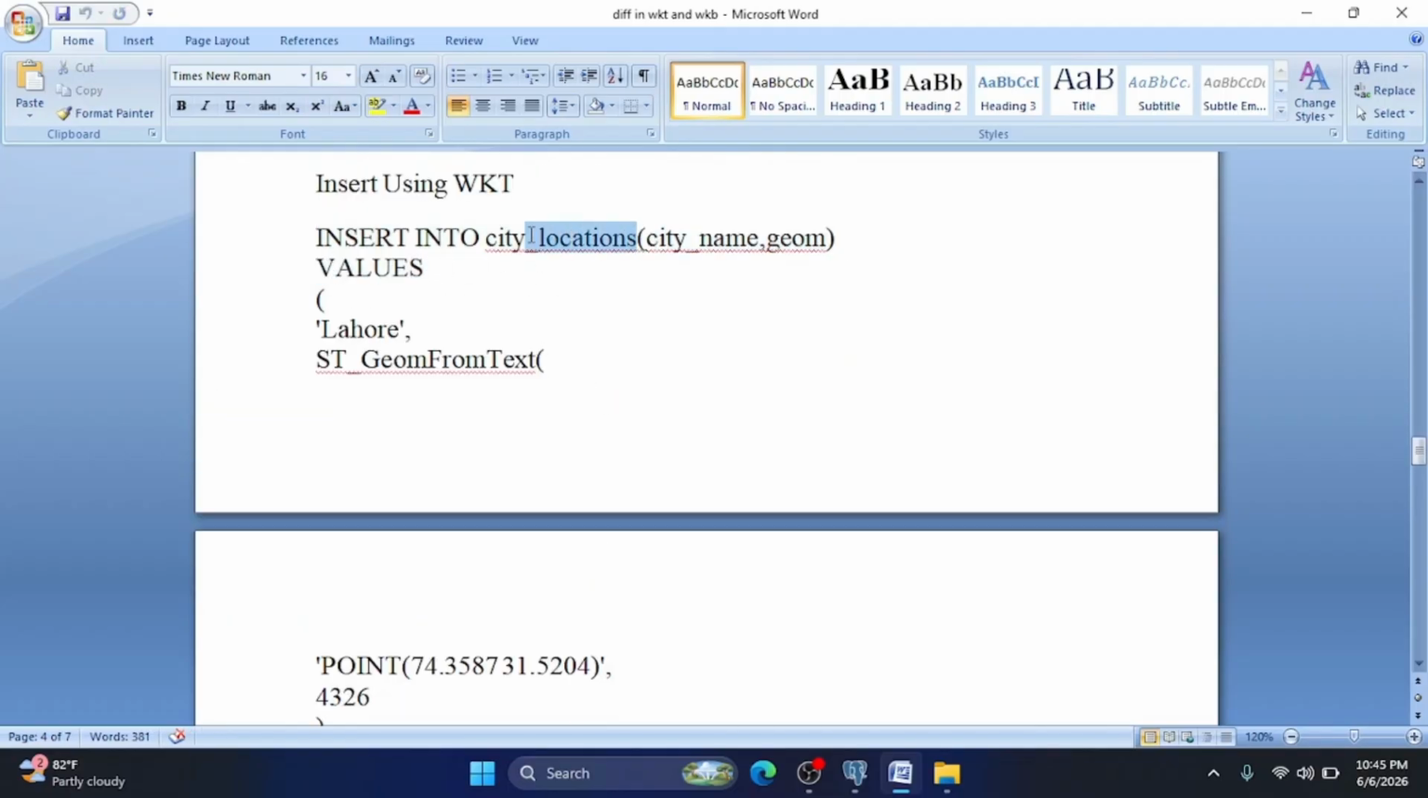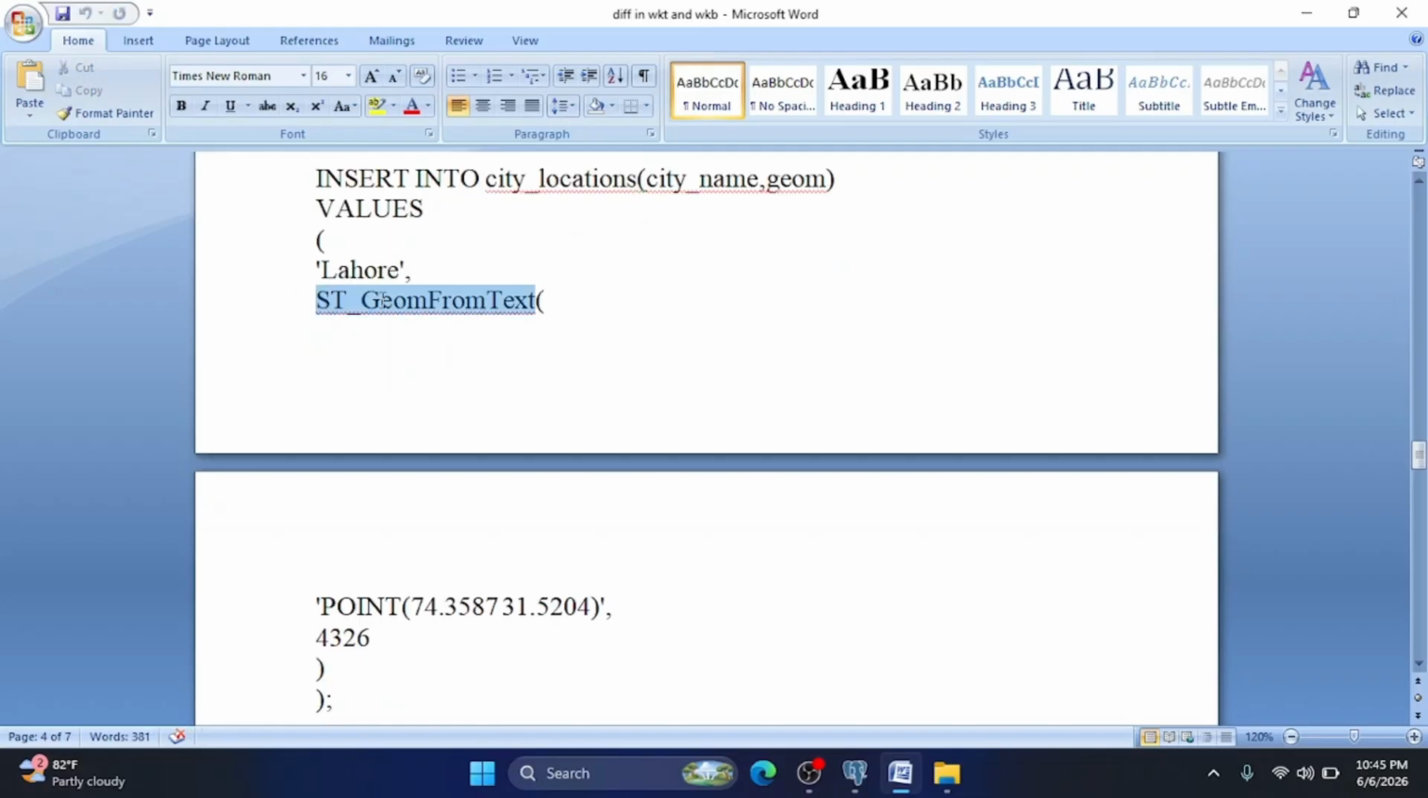Insert into city locations, meaning the name of the table, then the city name column and the geom column, and the values we are storing in them. The name will be Lahore, and the geom is ST_GeomFromText. To make it in WKT format, we will use the ST_GeomFromText function. Here we have to write this function, and then the point and its